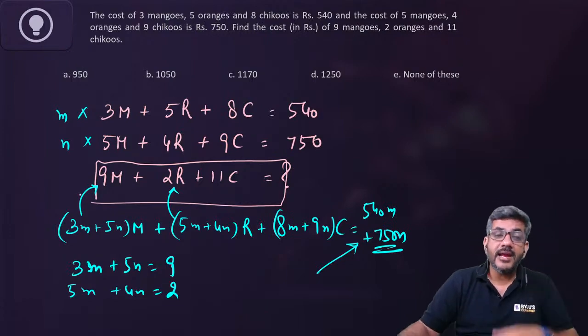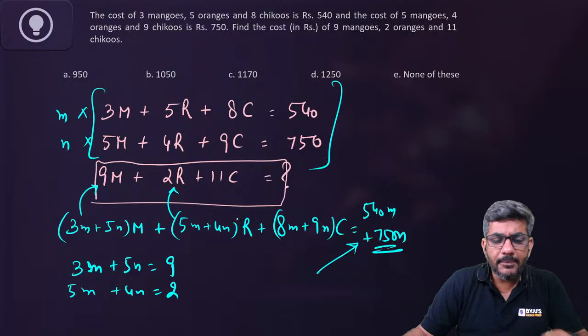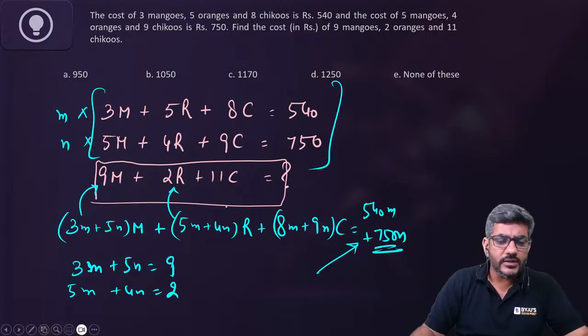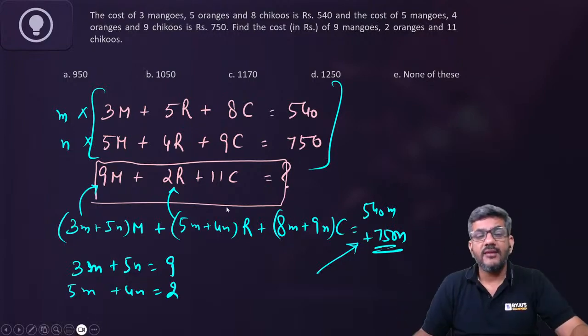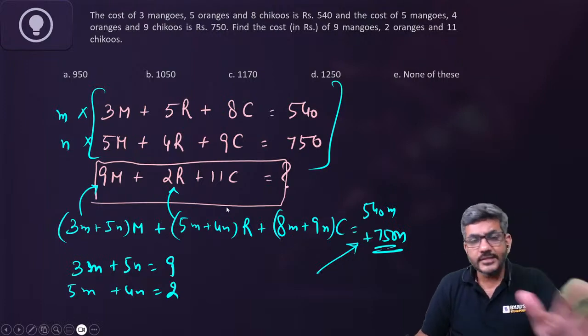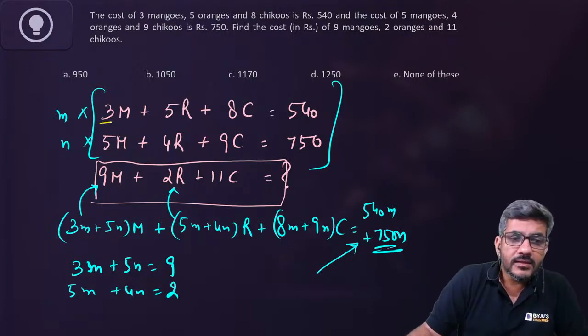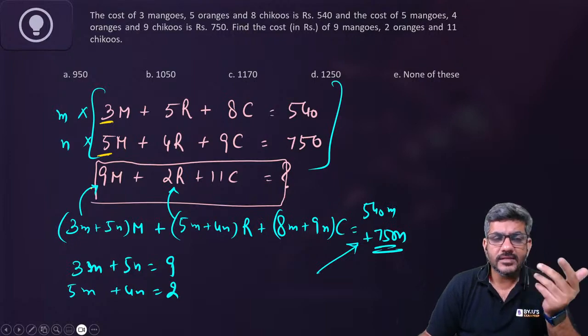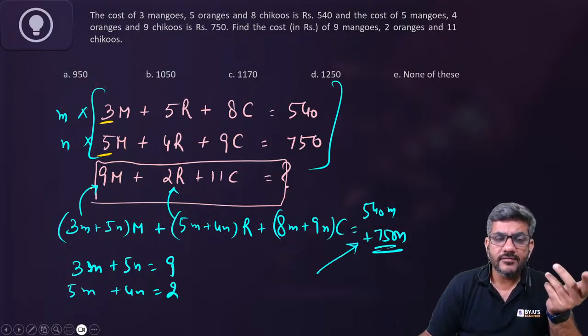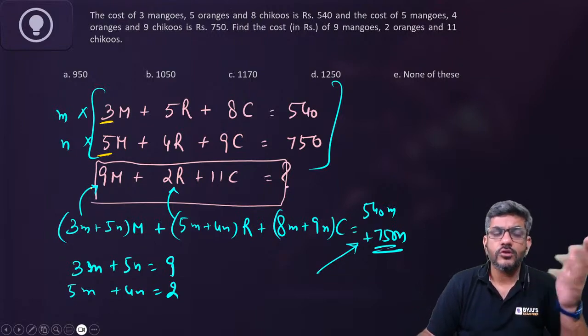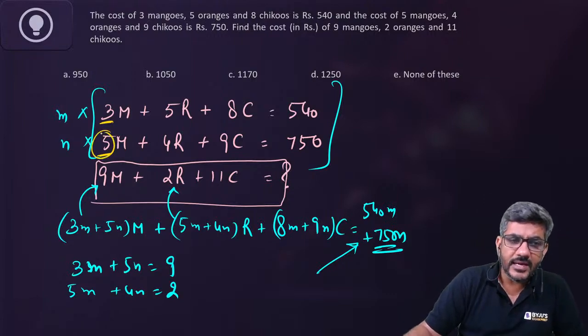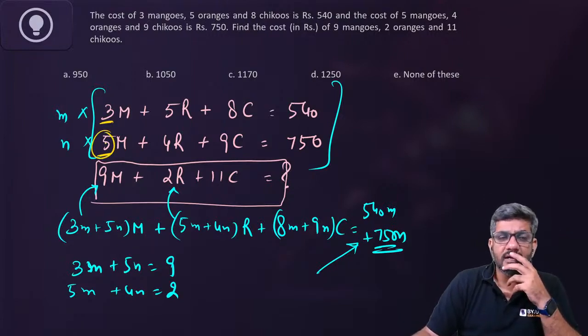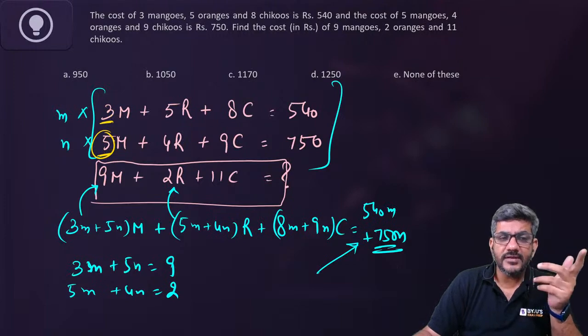The second way is just try to multiply them with some random constant so that you get these 9, 2 and 11 as the coefficients of mangoes, oranges and chikus. For example, 3 और 5 से आपका 9 कैसे बनेगा जरा सोच के देखो. 3 2 जा 6, 3 3 जा 9, 3 4 जा 12, 3 5 जा 15 minus 6, 3 6 जा 18 minus 9 नहीं बनेगा 21. ये बहुत दूर जा रहा है. ठीक है. क्या 5 और 3 के मल्टीपल से कहीं बनेगा? 5 का डबल 10 minus something is not 9. 5 3 जा 15 minus 6.